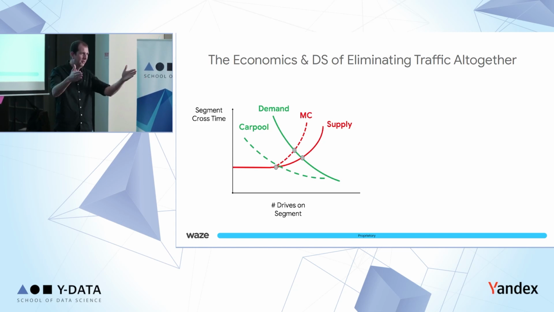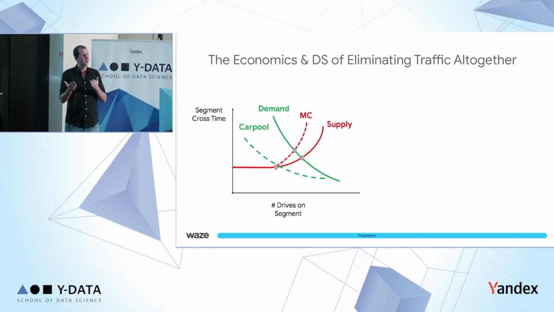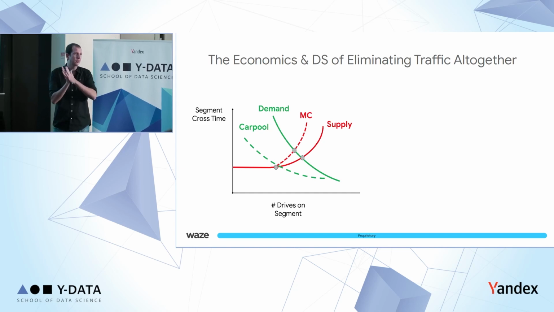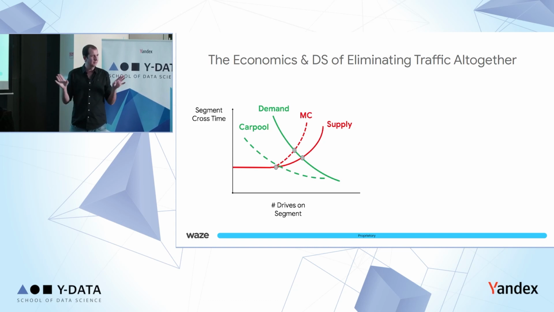Essentially, I don't care. I'm putting myself on the road. Everyone behind me, I really don't care that they're stuck in traffic. So people do not internalize the marginal cost that they are putting on everyone who stands behind them in traffic. You see that marginal cost, that MC? That's the marginal cost for every additional person who is joining the traffic and stands in line, looking left to the right, standing in the same car. Everybody is alone in that car.